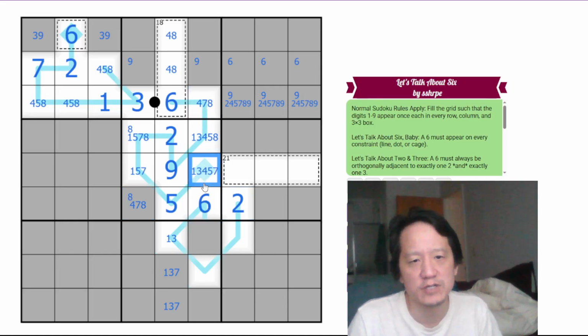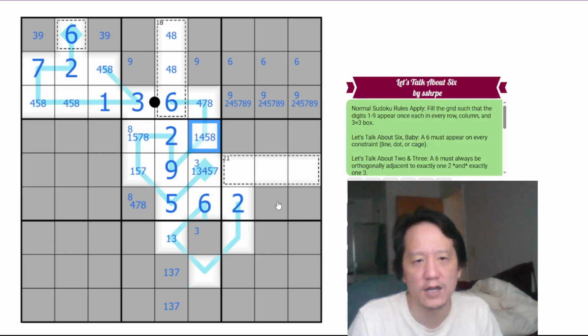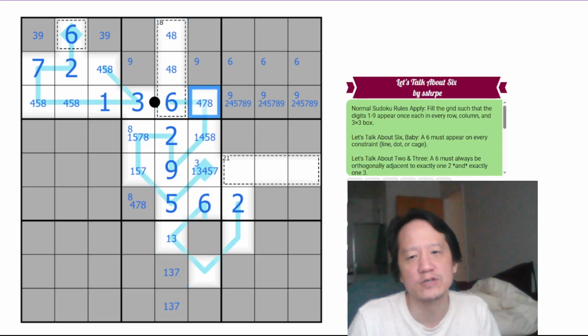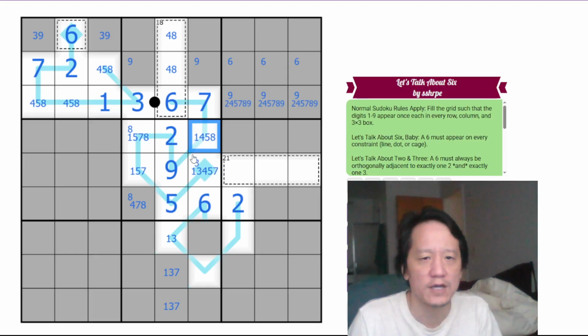This 6 must be next to a 3. So 3 is either here or here, which means this cannot be 3. This becomes a 1, 3, 7 triplet, which eliminates 1, 3, and 7 in the rest of the box. This 4, 8 pair eliminates 4, 8 in the rest of the box. So this is 7, which means 8 has to be in the 7th spot. So this is 8, which means this can't be 8 here. This 7 has to be here